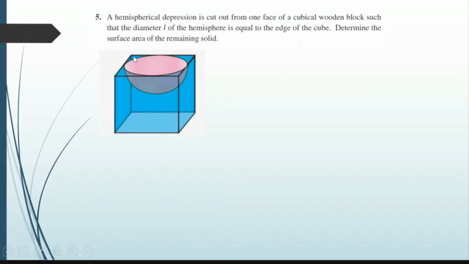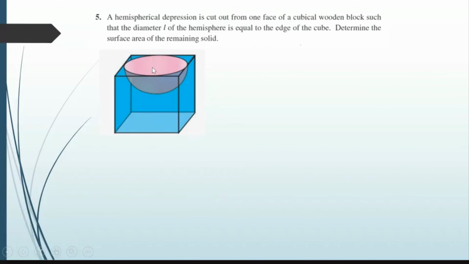So what is the result? Again, the top view, if you can see that blue portion is still the same. From the square top, one circular portion of the hemisphere has been removed, right? At the base of the hemisphere that has been cut out. So the total surface area will be equal to the area of the cube minus this area of the top. But when I add a depression, remember if I have to paint this, will this depression not add up to the area to be painted?